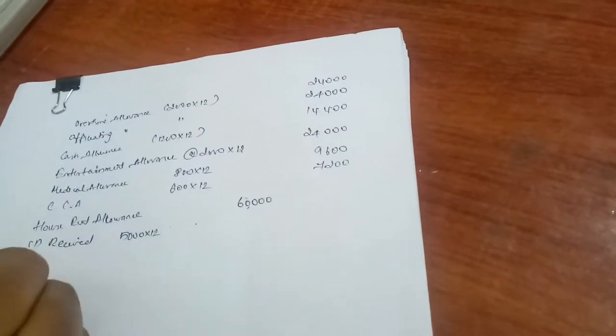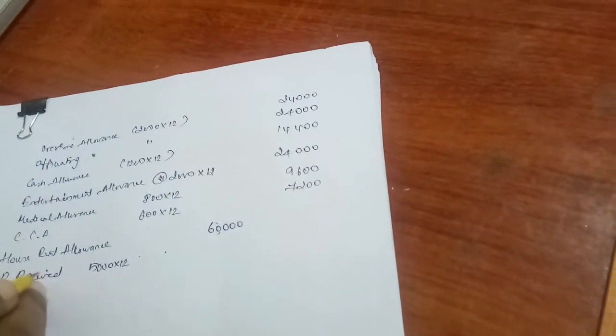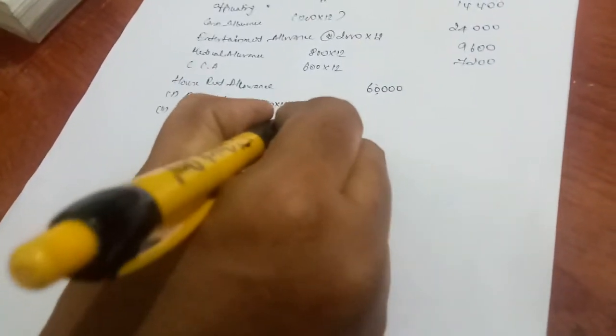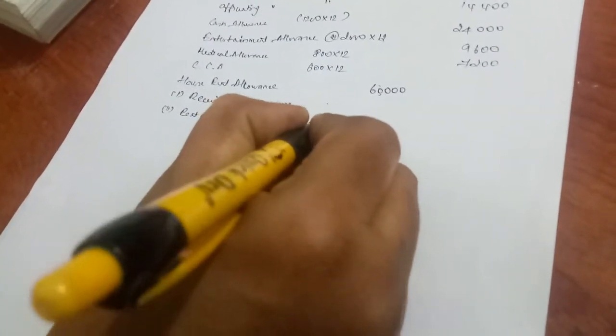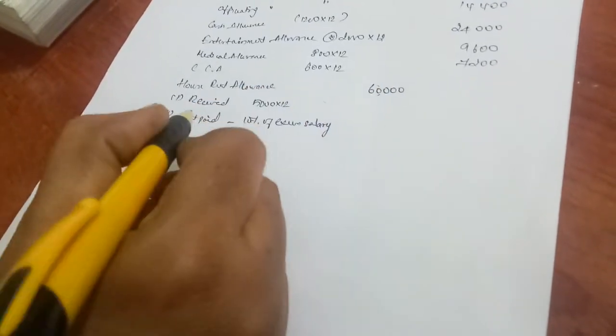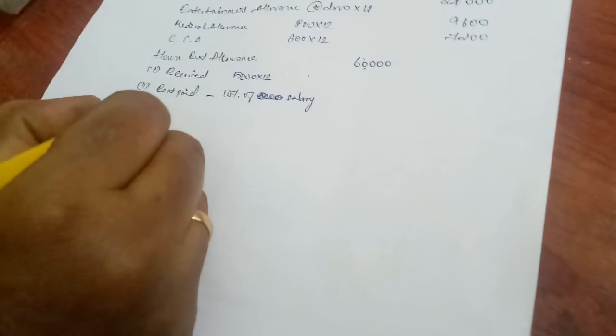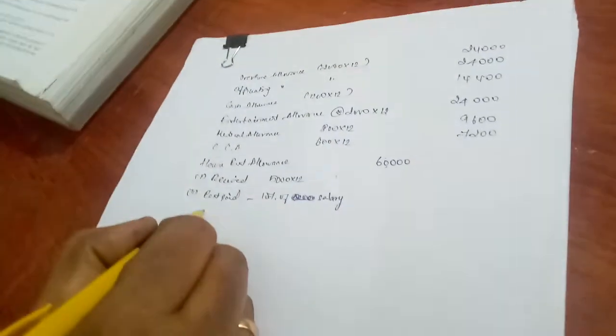So for the actual receipt, we have to go to the provision: actual receipt, or rent paid minus 10% of salary. How much is he paying in rent? 7,000 per month. So 7,000 into 12,